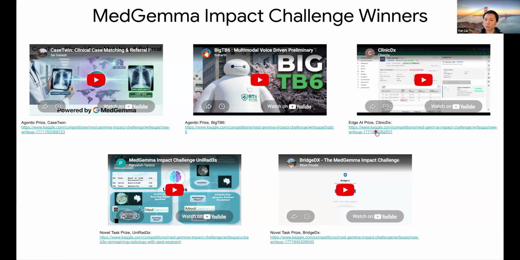The Edge AI prize went to essentially someone that had a specific use case that was quite compelling for offline use, where they took the smaller of the measurement models, the 4B model, and they ensured that the model essentially can query also clinical practice guidelines, but can do it in a local way, with some of the goals being to be able to support community health workers with not so great internet connection. And partially this entry was also inspired by disaster areas where the connectivity and other things may not be very